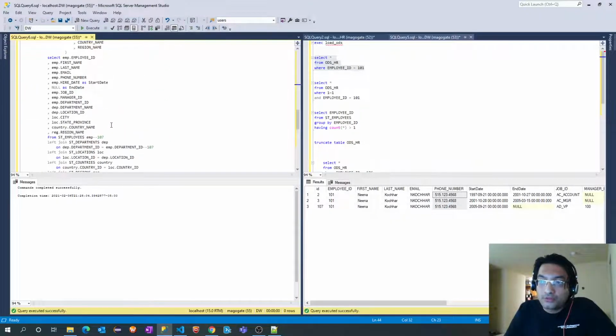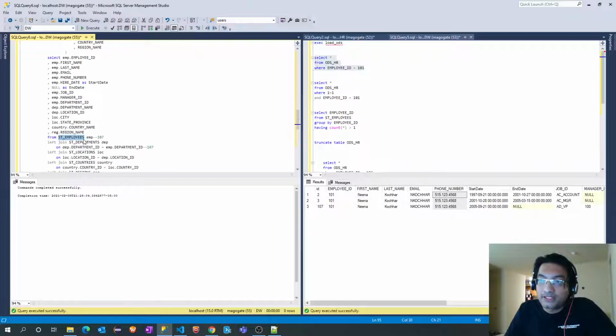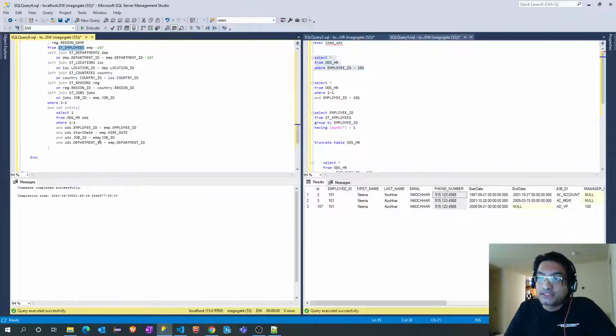It should pull from the st_employees table only. So basically, in the second query the driving table is st_employees, but since we added this condition, it is not updating. I mean, it is not inserting those records. It is not reinserting, we can say. So basically it's skipping that updated record.